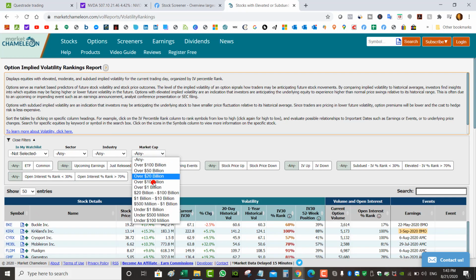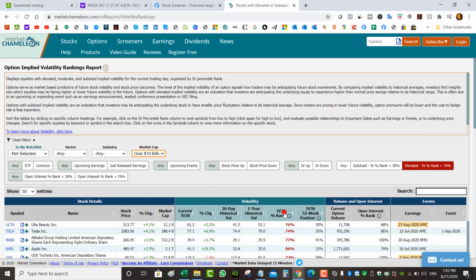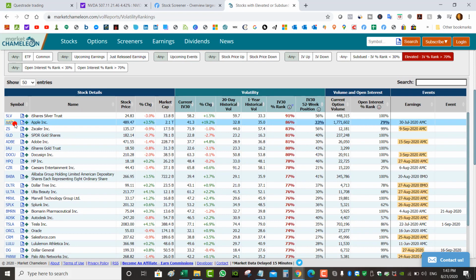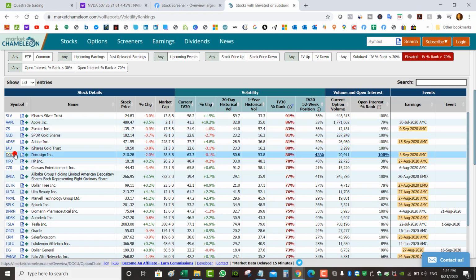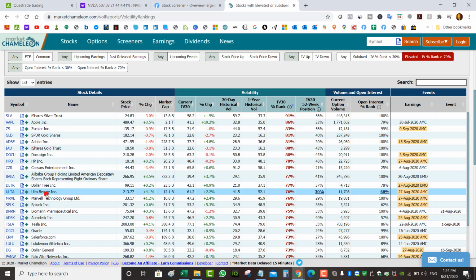rankings, market cap over 10 billion, IV over 70%, and let's sort by IV rank. You could see that we've got SLV, silver, Apple. So Apple is something that's definitely worth selling premiums on. Its IVR is 86%. We've got gold, Adobe, DocuSign, Dollar Tree, Baba, Ulta. So yeah, these are maybe potential underlyings on which I could sell premiums on, but it'll depend on the